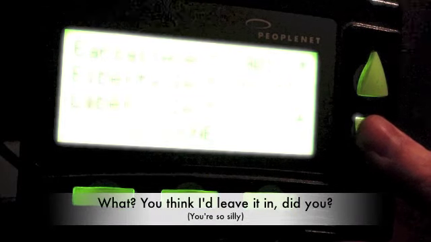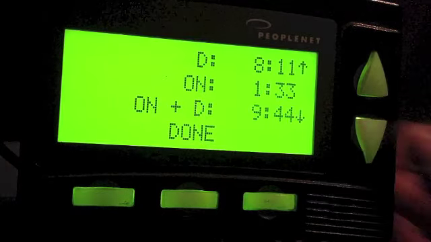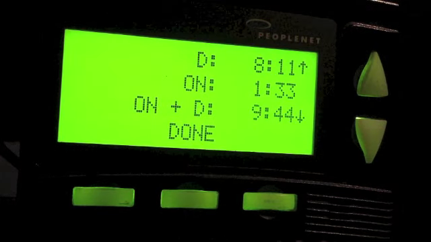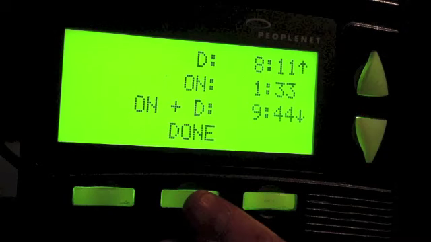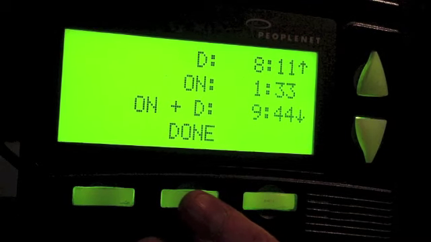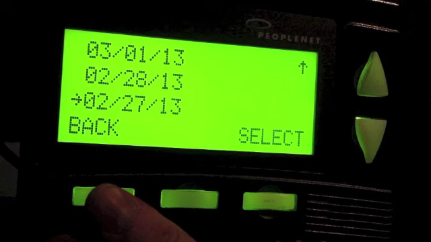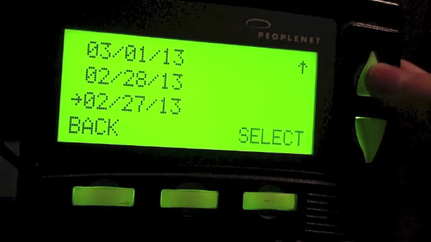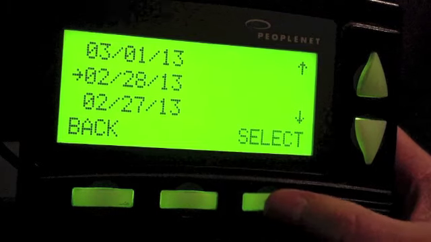and then scroll down, and you can see that on duty and driving was 9:44, so that's what I get back. So unfortunately on this El Cheapo system, the only way to really figure out your 70-hour recap is actually to keep track of it as you go along, or you'd have to go back in here each day and say, well, that was 9 hours and 44 minutes, and then go up in this day,